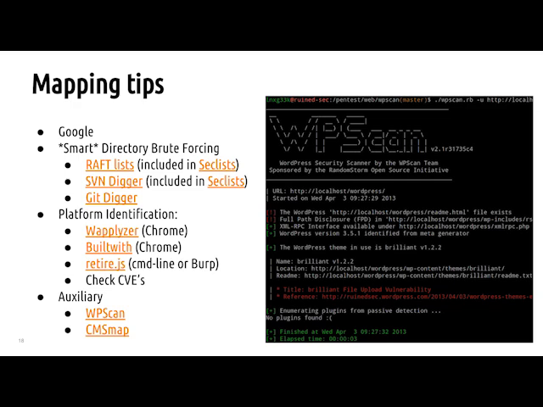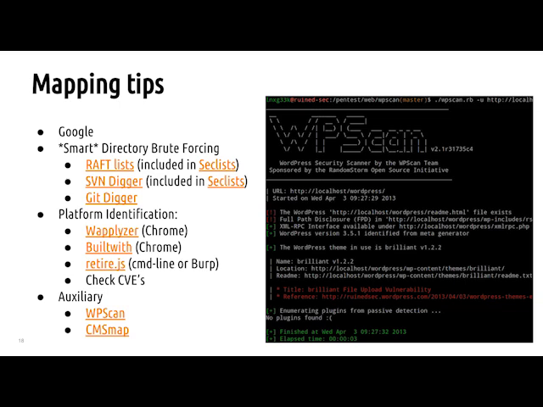So some mapping tips that you can do is basically you can start to Google your application and pull out the types of parameters it's going to give you back. But that's a kind of time consuming effort. I mean, you'll see common parameters in URLs, but you'll get most of that when you spider the sites themselves. But there have been instances where I've been able to use Google Docs to pull out certain types of